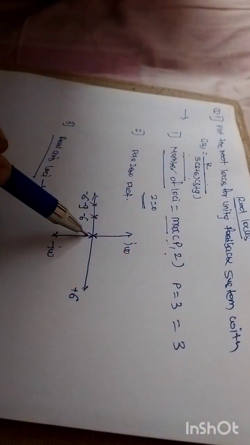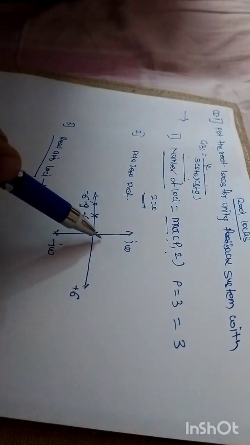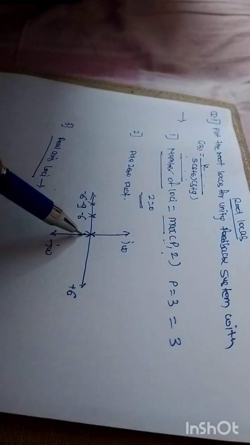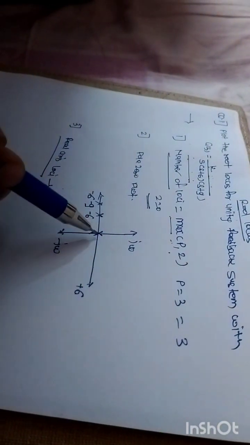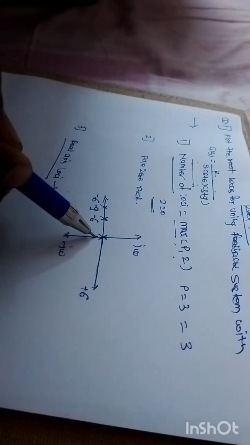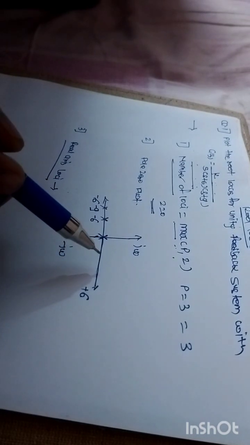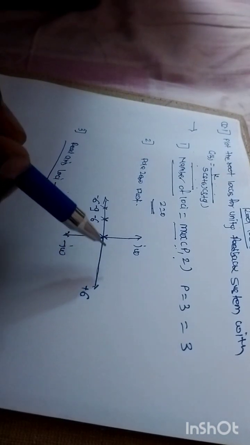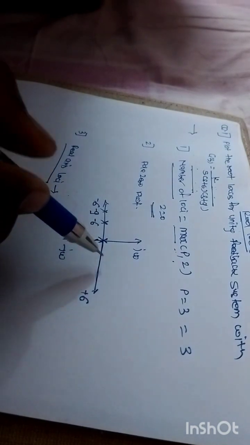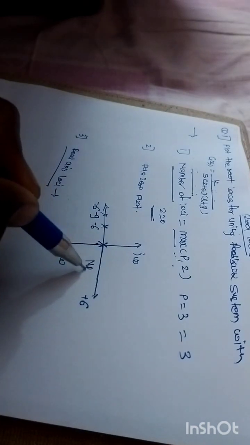So what we need to do is map one thing: how many poles and zeros are located to the right hand side of this existing pole. As we know, to the right hand side of this existing pole, which is located at the origin, we don't have any poles or any zeros. So definitely we can say that within this region we don't have the desired portion of the root locus, meaning the root locus is not present